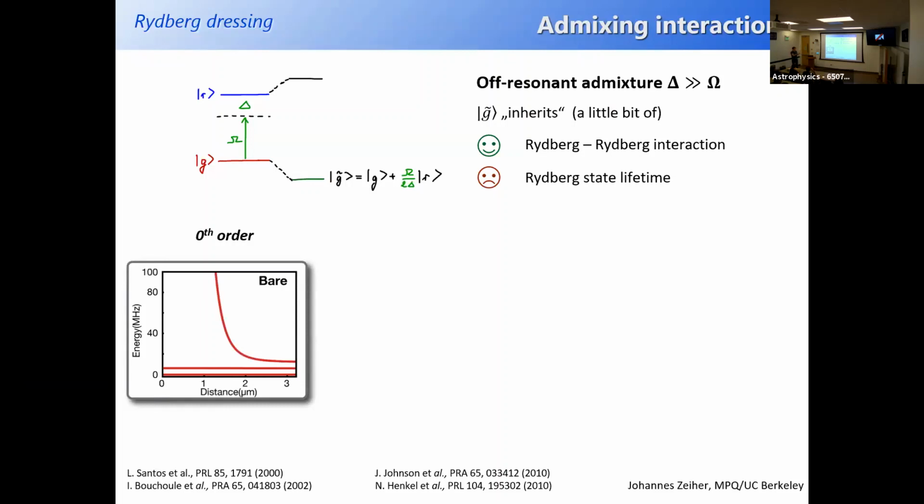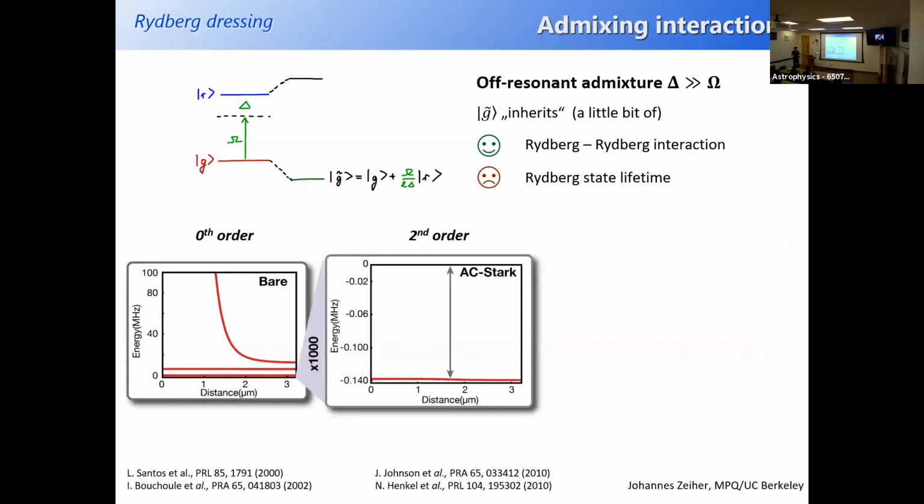And you see a similar picture as before with the 1 over r to the 6 potential, which is due to this weakly dressed Rydberg state, which is still basically a Rydberg state. It still has 1 over r to the 6 character, and you have two basically flat curves, which are the GR states or the GG states, but not the bare ones, the dressed ones. And what we are interested in now is the GG state, which is the lowest one here, or I should say the G tilde G tilde state, and we're interested in whether there's some interaction.